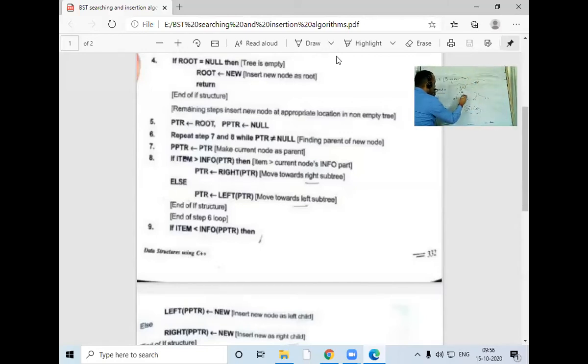Now, again, this PPTR will come here, and I will check, is 26 greater than 10? Yes, sir. So the pointer will come here. Watch carefully, the pointer is following behind PPTR. Now, again, this will become PPTR and I will check, is 26 greater than 20? Yes, sir. So the pointer will come here. PPTR. Now, is 26 greater than 21? Yes, sir. So PPTR will come here.